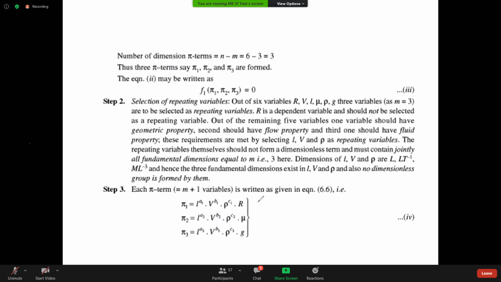Right. So here, pi 1, pi 2, and pi 3. What do we have to find out? We need to find out the resistance. Our target is to find out resistance. So pi 1 is a function of pi 2 and pi 3. We can write it like this: pi 1 is a function of pi 2 and pi 3. Whatever parameter we are finding is pi 1, that is the reason pi 1 is equal to a function of the remaining pi 2 and pi 3. Suppose this R value is somewhere here,